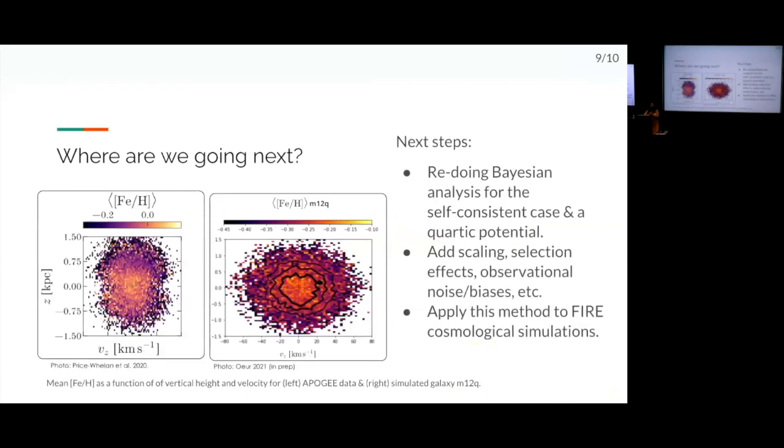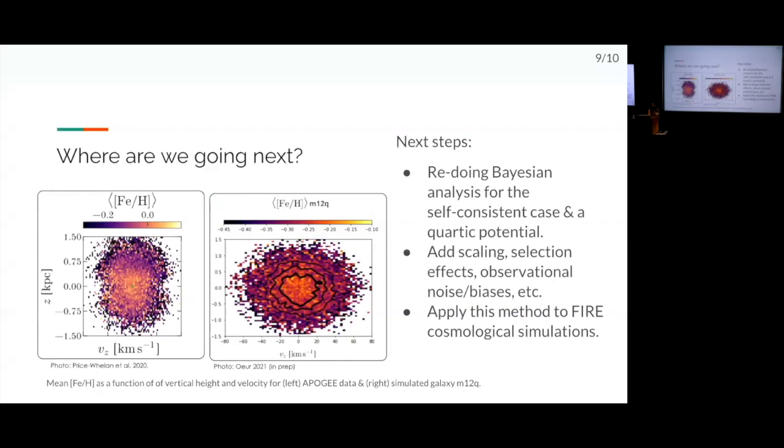So my next steps for this project include redoing the Bayesian analysis for a couple different cases, checking the case in which our system is self-consistent, and also the case in which we add a quartic term to our quadratic potential. This is interesting because it will lead to a transition in the potentials where you'll first have tightly bound orbits, such as thin disk stars,